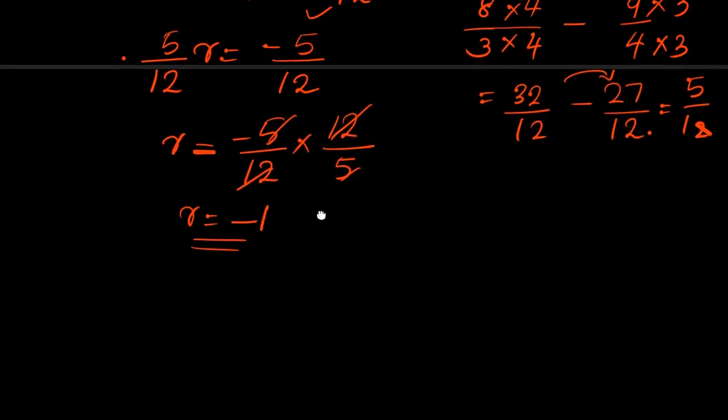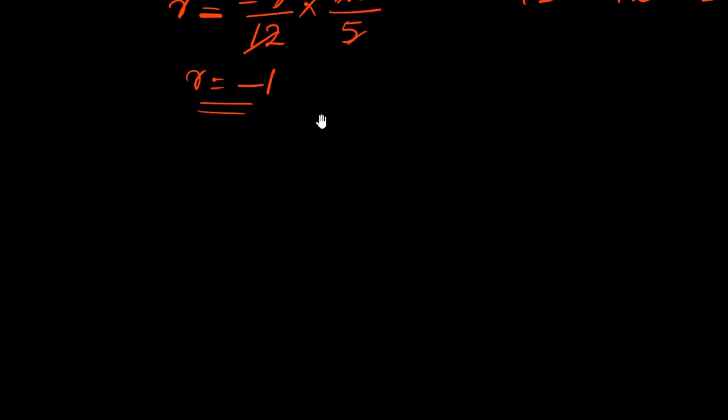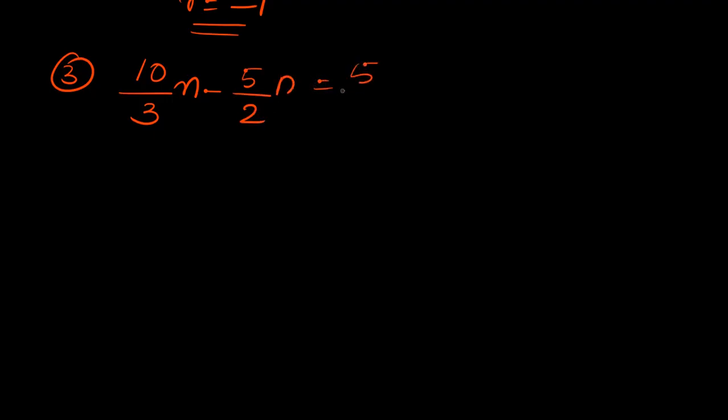Okay. Then next question. We can do another question. Third one: 10 over 3 n minus 5 over 2 n is equal to 5 over 3. Here we have two terms on the left side with the variable n, so we have to combine them as one term. So we have to do